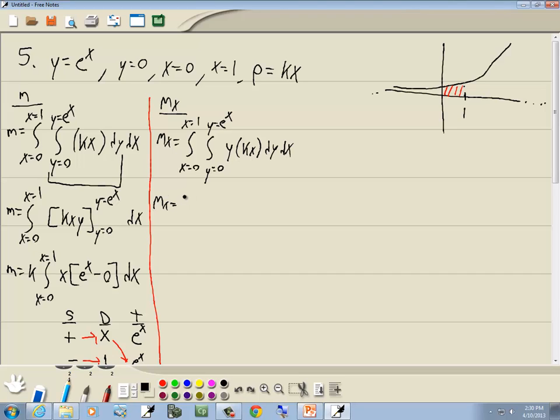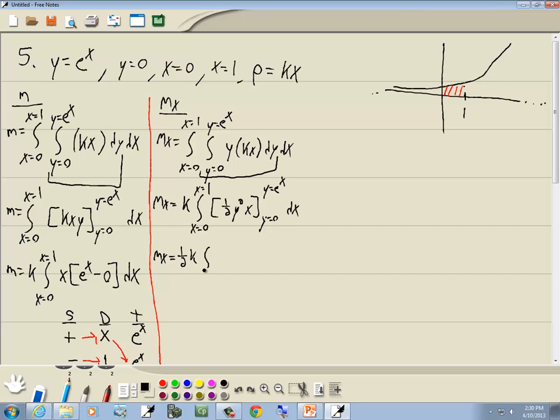I'm going to put the k out in front. x equals 0 to x equals 1. And we're integrating with what's inside the inner one here, which is the integral with respect to y. So the k is a constant, so we look at just the y. So this becomes 1/2 y squared x from y is equal to 0 to y is equal e to the x dx. Well, the 1/2 I'll put out in front. So we're going to have 1/2 k,